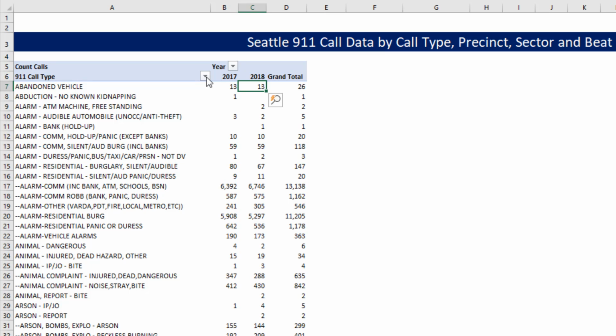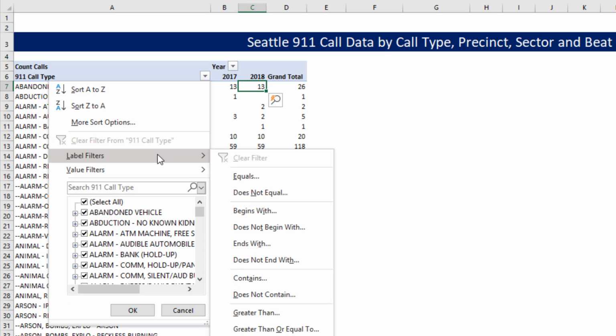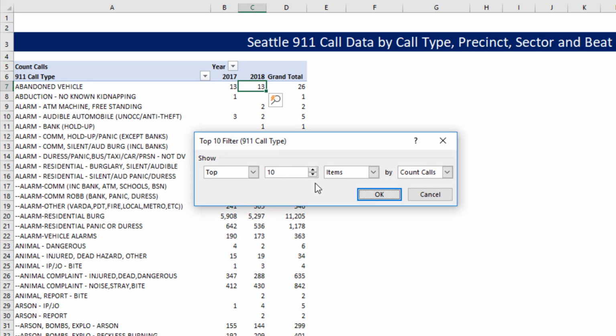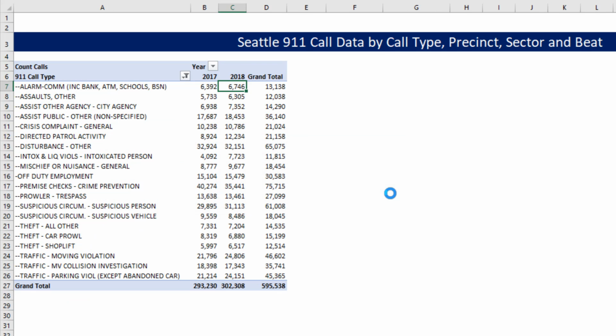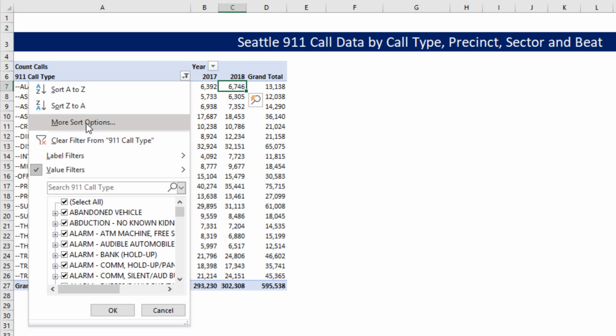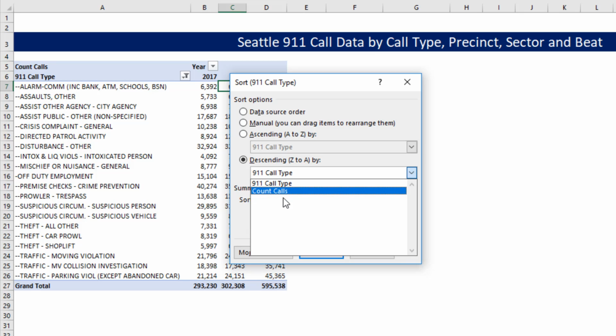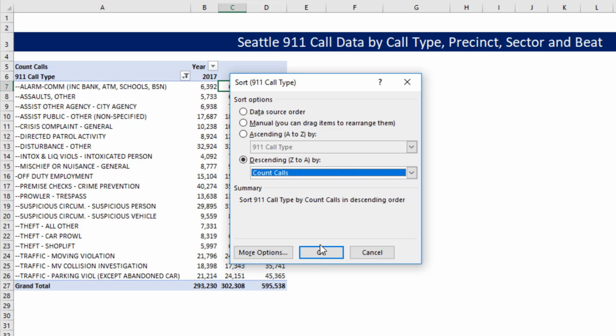So from the drop down, this is cool in a pivot table. We have label filters. We want value filters. We want top 10, and then change 10 to 20. Tab. OK. Then from the drop down, we want to say more sort options. Down to descending, I want the biggest one on top based on the measure. Look at this. We're in a standard pivot table using these standard pivot table features, but it's working on that